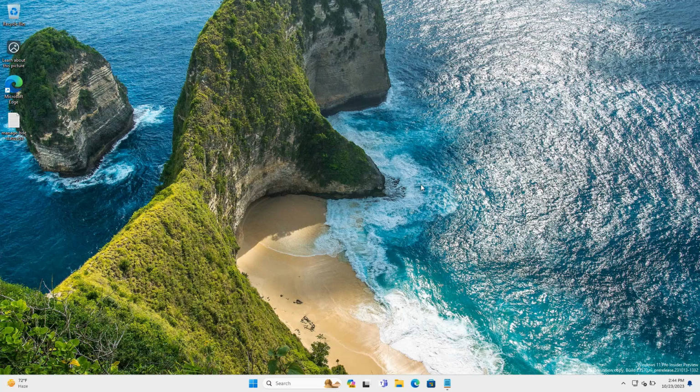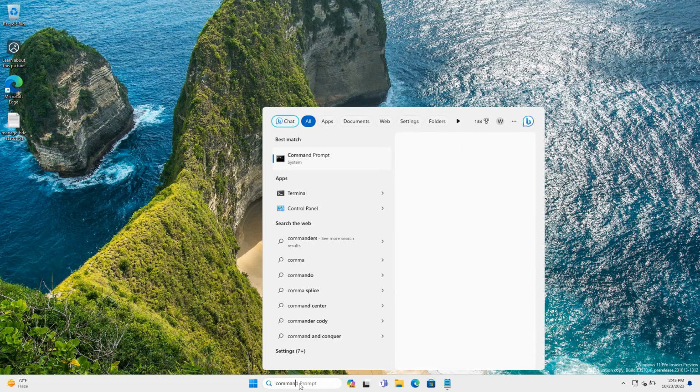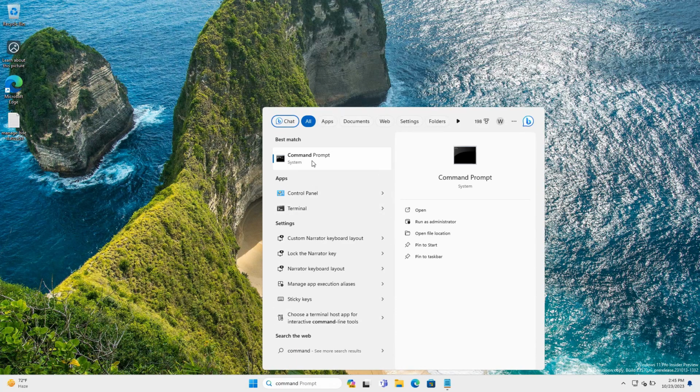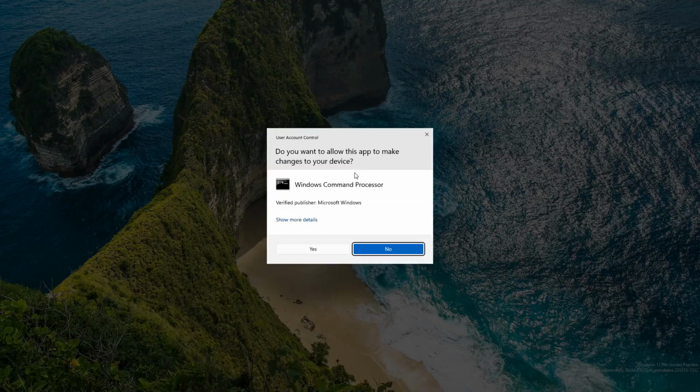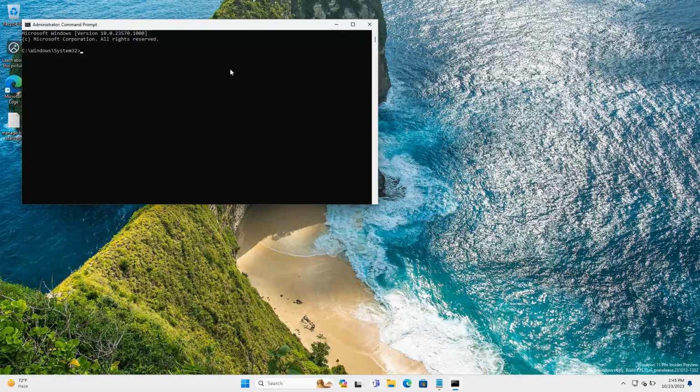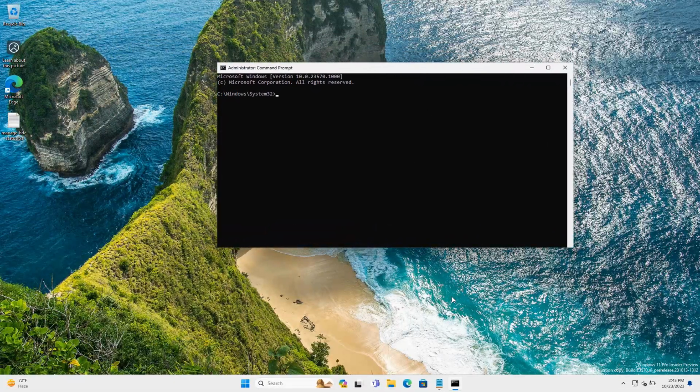First, you need to verify whether your Bitlocker Drive Encryption is already enabled or not. You can open your command prompt and run as administrator here. You can right click and choose run as administrator. Using this manage